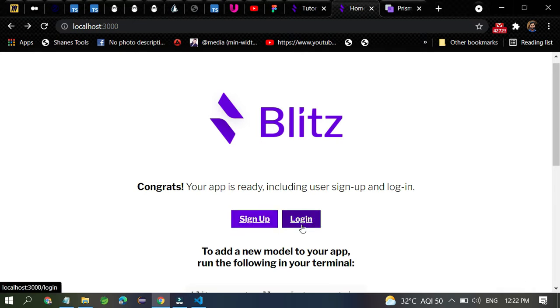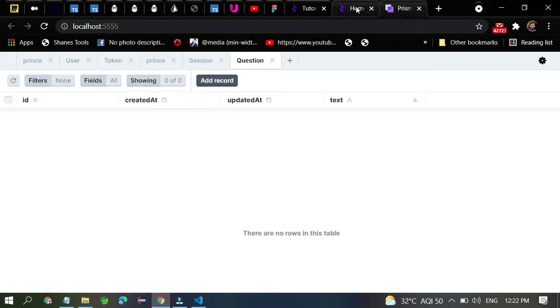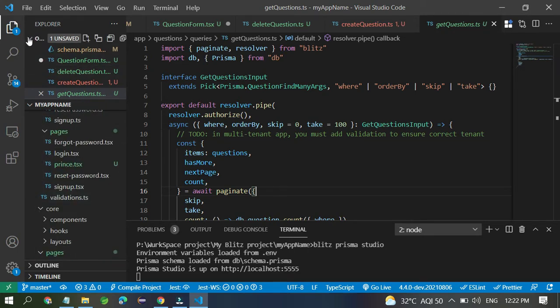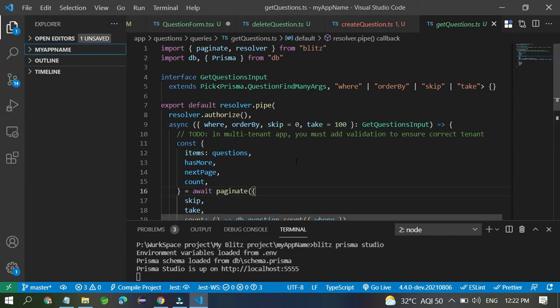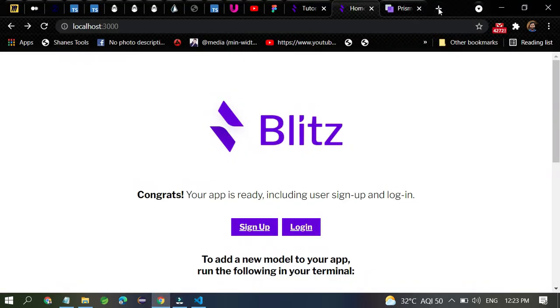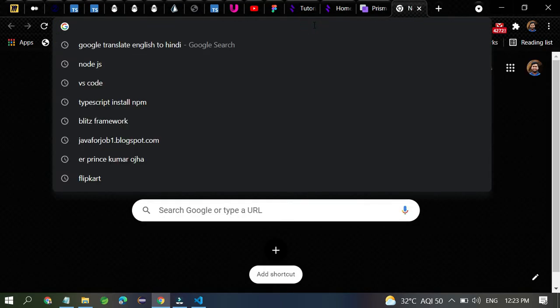So I hope you understood the database, the project flow, the project directory, how to create a page, how to generate a page and everything. Now I will show you how you can work with PostgreSQL and how you can work with SQLite. For this you have Google Cloud, Supabase, Firebase. If you want to connect your project with a cloud database, you have to use